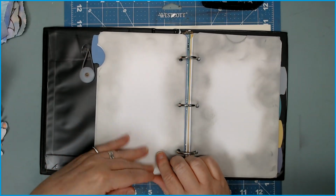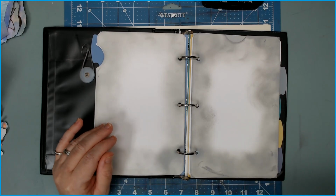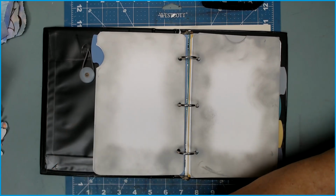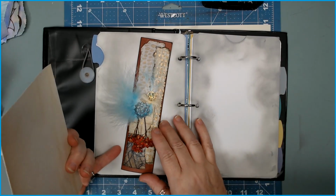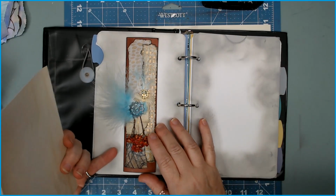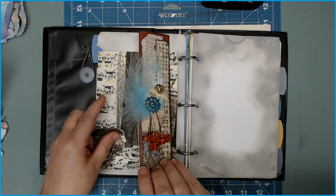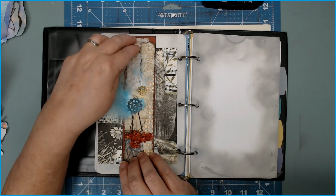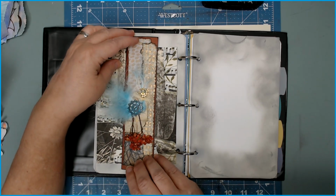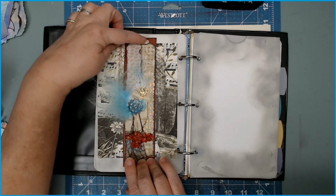This side right here will be the home for our salvaged birdies. Okay, salvaged birds. I keep saying birdies because I just think it's cuter. I guess. Anyway, our salvaged bird belly band will go here with our